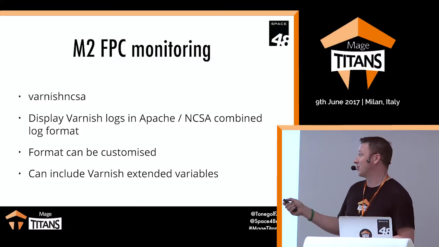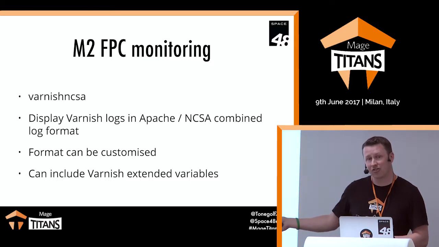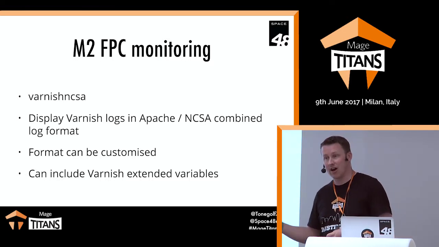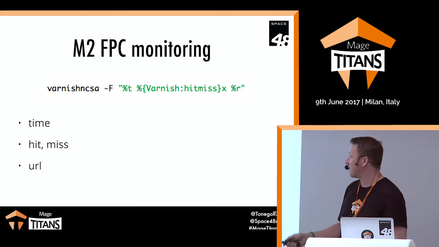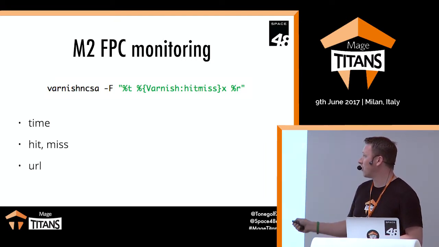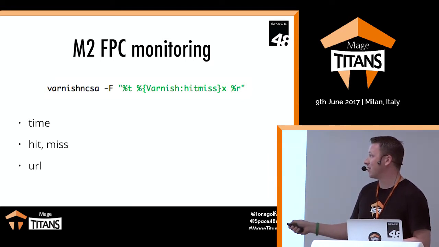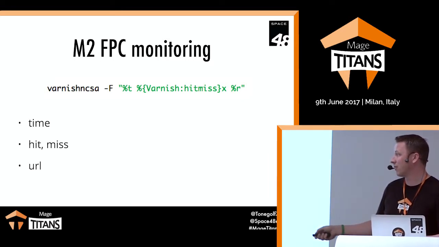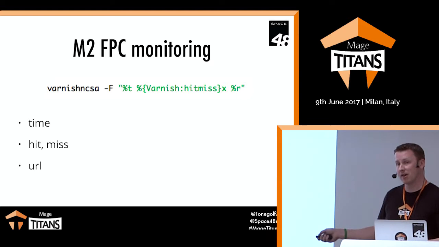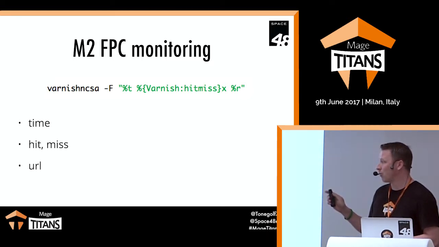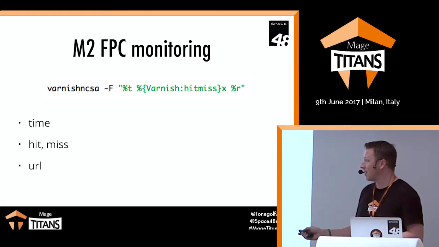And what's really good is you can add in extra variables and data that Varnish knows about, specifically whether it's a hit or a miss. So with this command, we can very simply start to generate a log of similar data with the hit or miss. But we do have a problem there in that